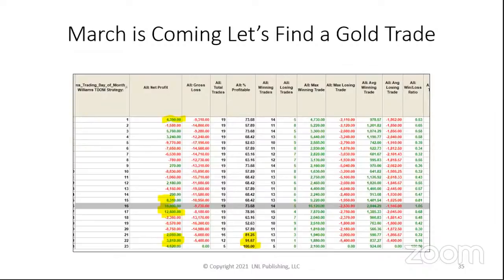And I don't always take these either, because I still want to see how the market is responding when it gets to this point. But I'm alerted right now in February. I've got a potential trade coming up about the 16th trading day of the month, not calendar day, in March, a potential buy. And then, holy cow, look at what happens at the end of the month. We only have had 16 years with 21 trading days, 12 years with 22 trading days, but look at the numbers there. So I'll want to count and see how many trading days we have, and then we'll be able to set up another short-term trade.